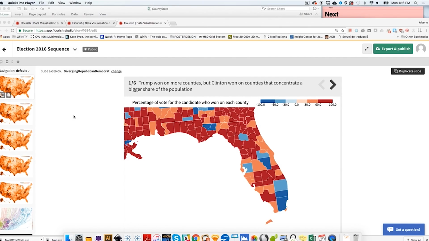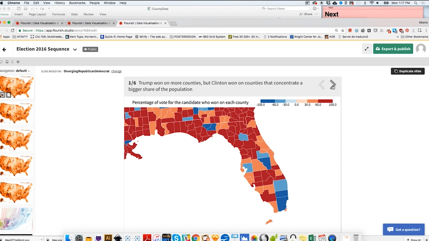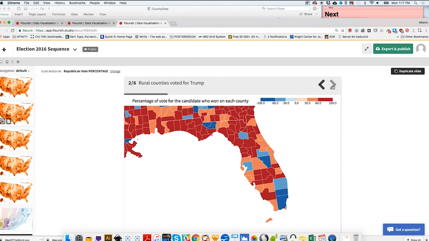Okay, now we are going to do something a little bit more challenging. We are going to create 3 maps showing us the results of the presidential elections at the national level. We're going to create a map that shows us if each county was won by the Republican or the Democratic candidate, and then we are going to create one map for Republican vote and another